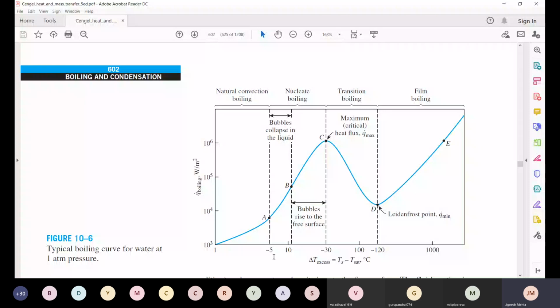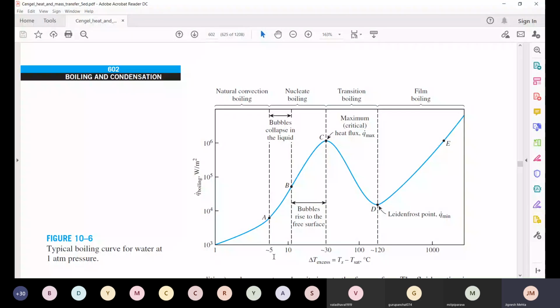So in natural convection, the fluid near the surface getting heated and moving up, and the cold fluid moving down. So it's natural convection boiling without bubbles. Now, when you increase the surface temperature beyond that, what you see is that there are bubbles, but they are individual bubbles, small, and